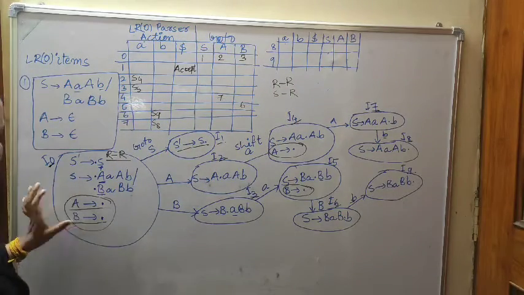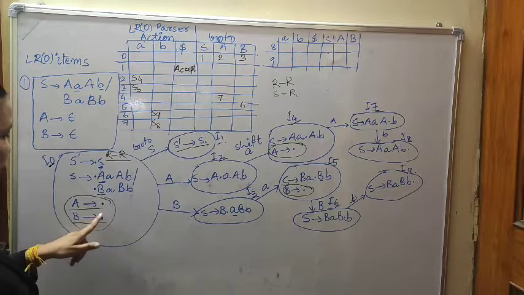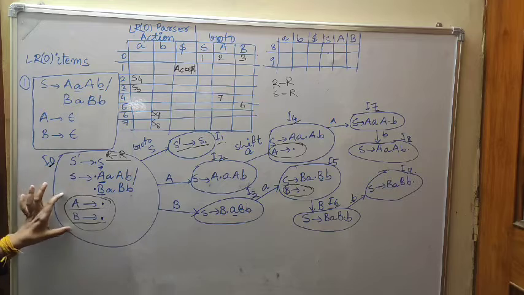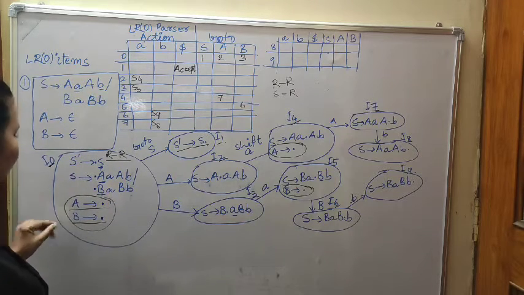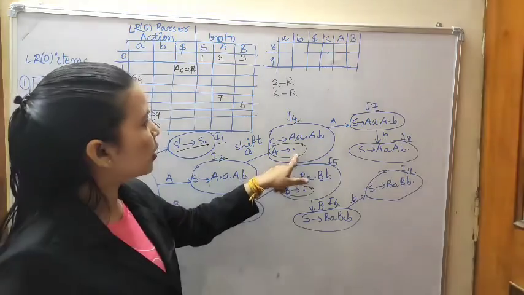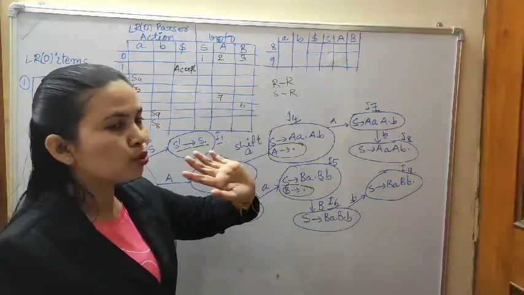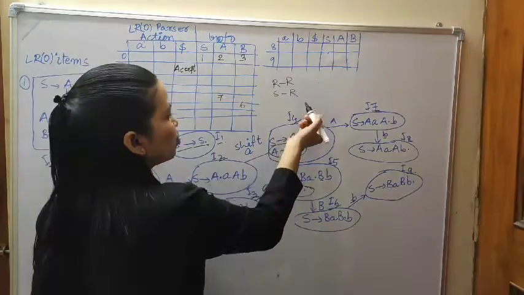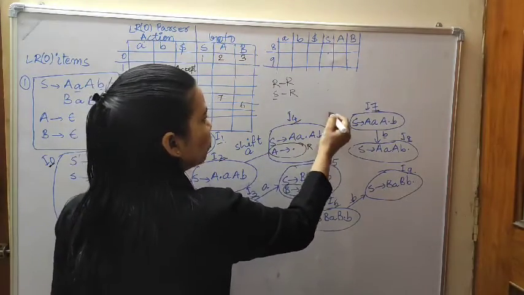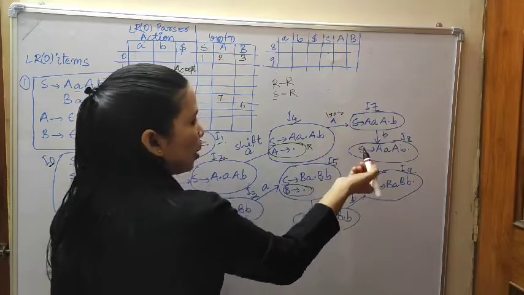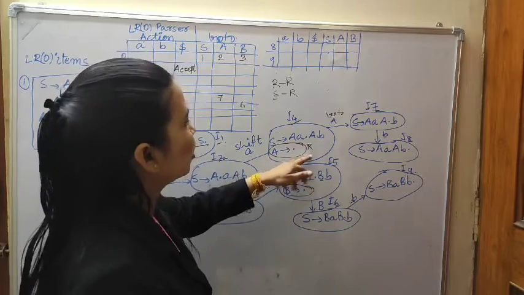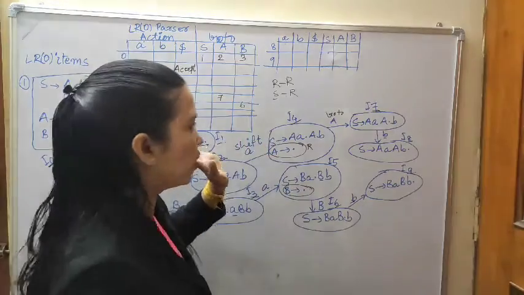Here has given reduce, A also dot and B also dot, and both are in the same place and for the same variable also, epsilon. So that is why it is the reduce conflict. Now if you check any other way, here is the final item and we are going to the go to part. Go to part is no problem, because shift and reduce conflict is about the reduce part and shift. Here is not shifting, it is go to part. A is going to capital A, that is why go to part, no problem, no issue. So in the fourth number state we can say that it is the reduced part, final item.